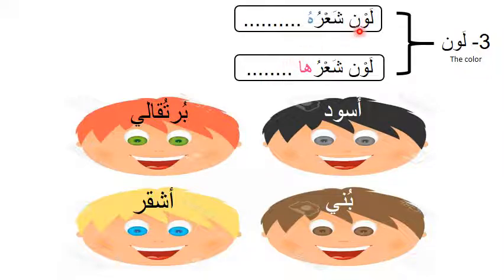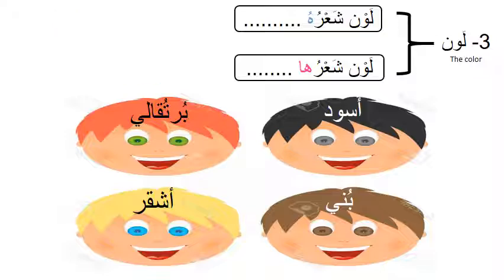So if describing a boy, you will say لون شعره followed by the color. لون شعرها if it's a female. And regardless of whether it's a male or a female, you're going to use the colors as they are. أسود, برتقالي, بني, أشقر, or any other color that we know.